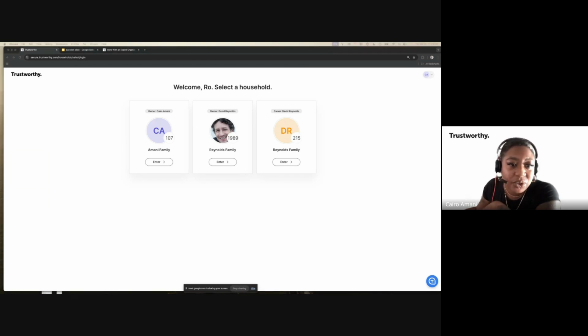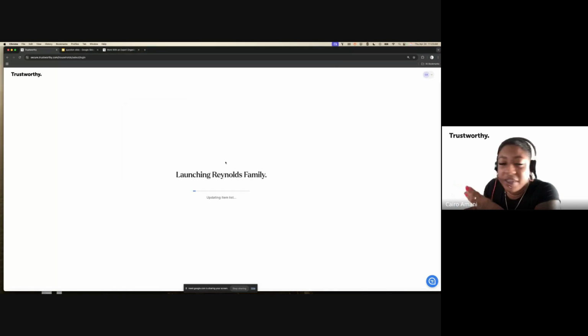You don't have to log out, and you don't have to have your own account to use this feature. But if you do have an account, it will show up here. So we suggest that if you are managing multiple households, you create an account for each household so you can have this organized view. However,